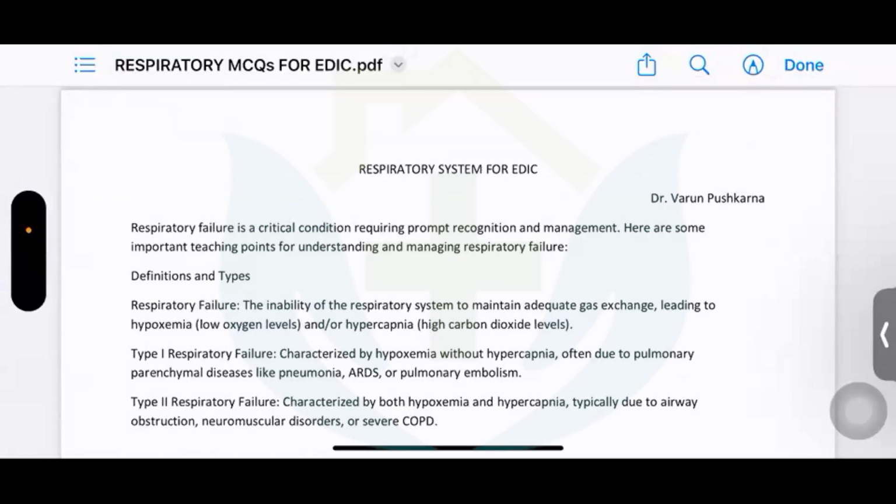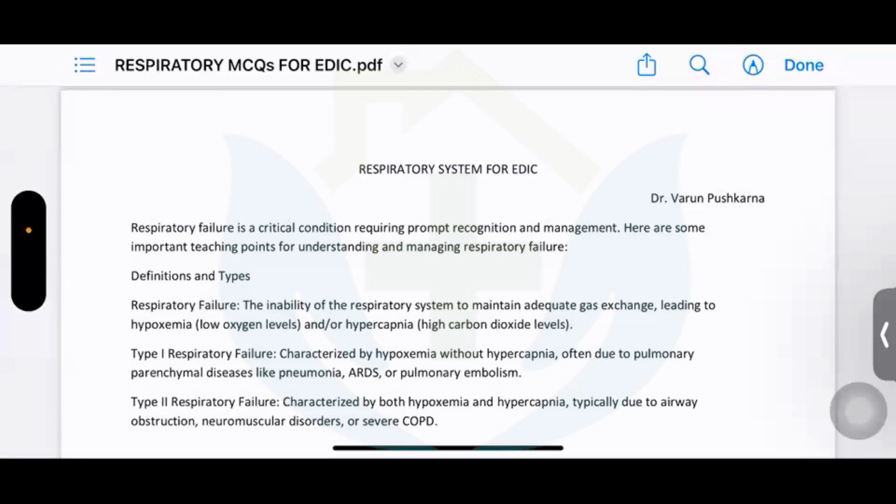Good evening, aspirants. We'll be starting the respiratory system for EDIC today. We'll have some ultra important and then important topics that we will discuss. The most important is respiratory failure. When do we call respiratory failure? Like we have kidney failure and heart failure, in the same way we have respiratory failure. That incorporates failure of the lungs or the whole respiratory system to adapt to the needs of the body. That means oxygen delivery and carbon dioxide elimination. Both of them are important.